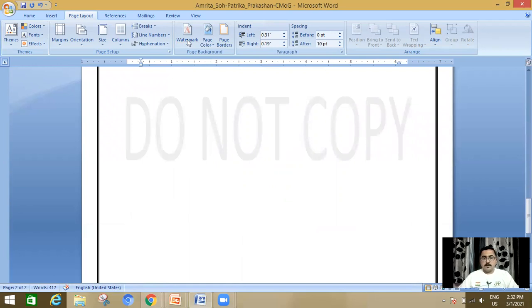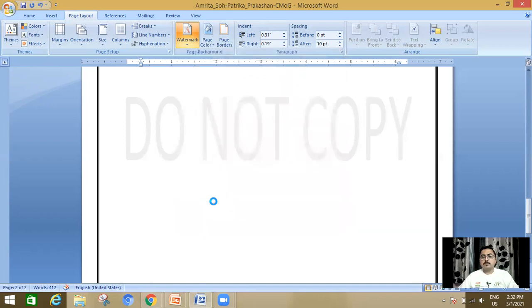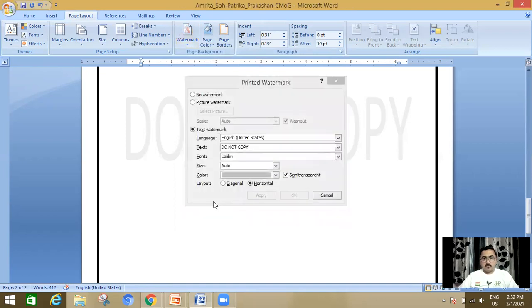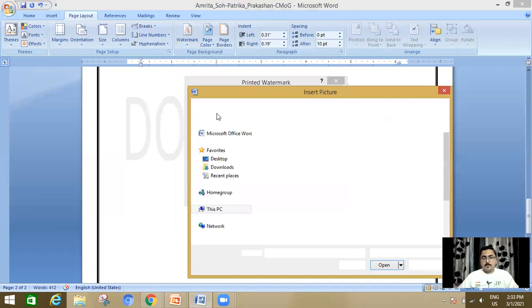Okay. So based on your requirement, you can also change the custom watermark. So how? Click on custom watermark. A dialog box will appear. You can insert a picture watermark also. Let's take, click on picture watermark, select a picture from your computer.